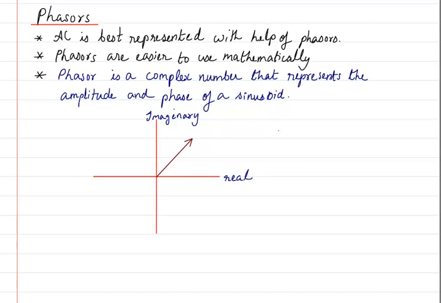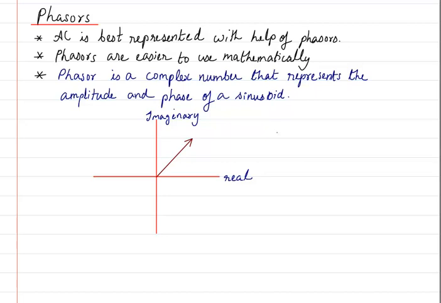That is a major reason why we use phasors, because phasors are very easily used with a calculator. We can calculate very easily. Even if you are doing a pen and paper calculation, it can be done easily. It is not that difficult, as opposed to using sine and cosine and other trigonometric relations. It is best to use phasors.